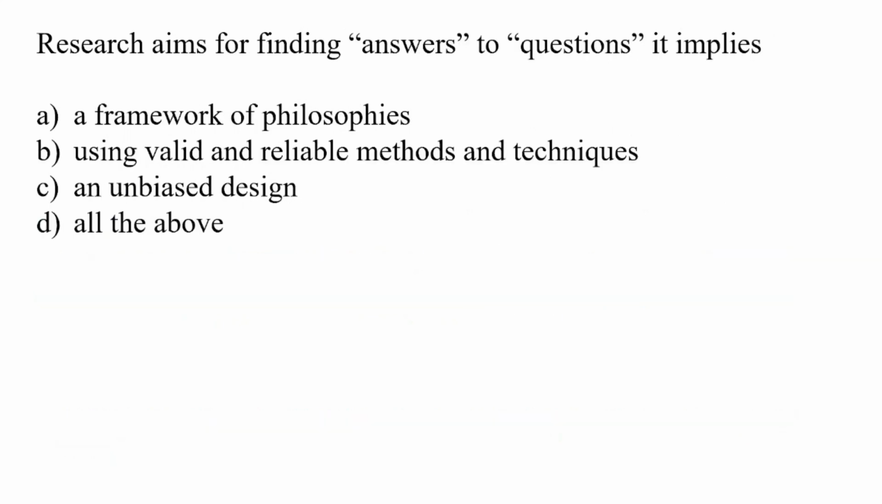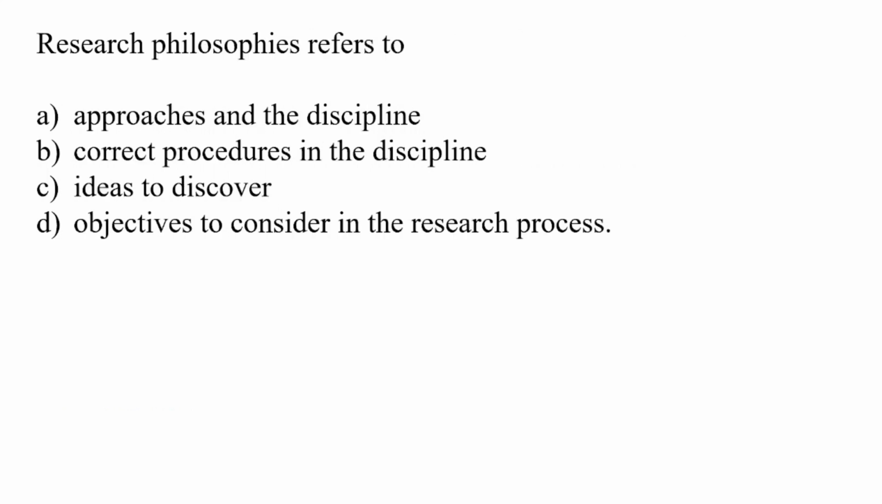The next question, research aims for finding answers to questions. It implies, anybody? All of the above. Correct. So using valid and reliable methods and techniques, definitely. An unbiased design, as I said, when you're starting out research, you should really have an unbiased outlook towards the work that you're performing. You cannot be biased, you should not be biased, and there should be a framework of philosophies, definitely. So basically research aims, it implies all of the above. So next question, research philosophies refer to